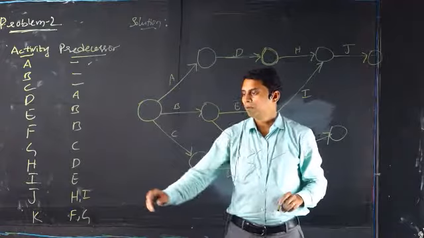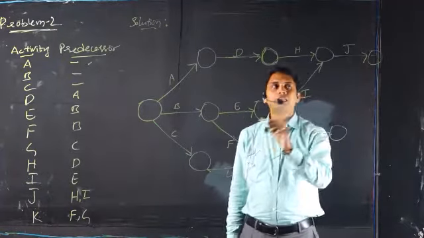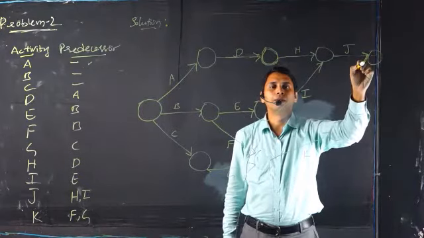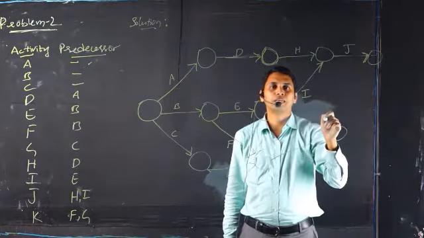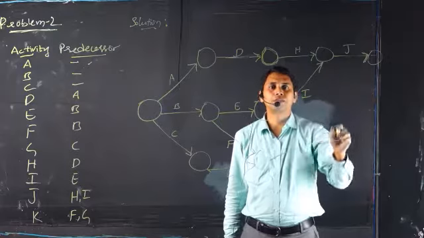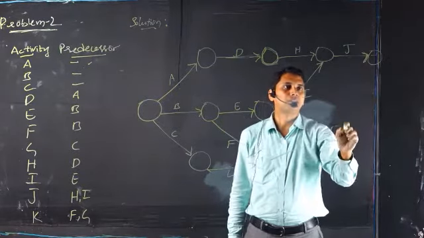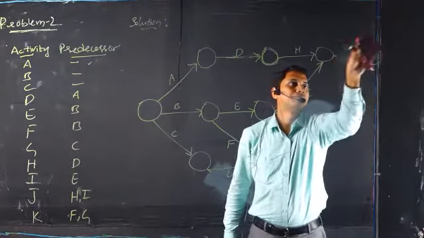But again, what is the last activity? K is the last activity. But again, G is left idle. For J also, J activity is left idle. But at the same time, after completion of the project, even J also must be completed. That is why at the end event, all the activities must be joined together. So that is why even J activity also must be joined for the last activity.